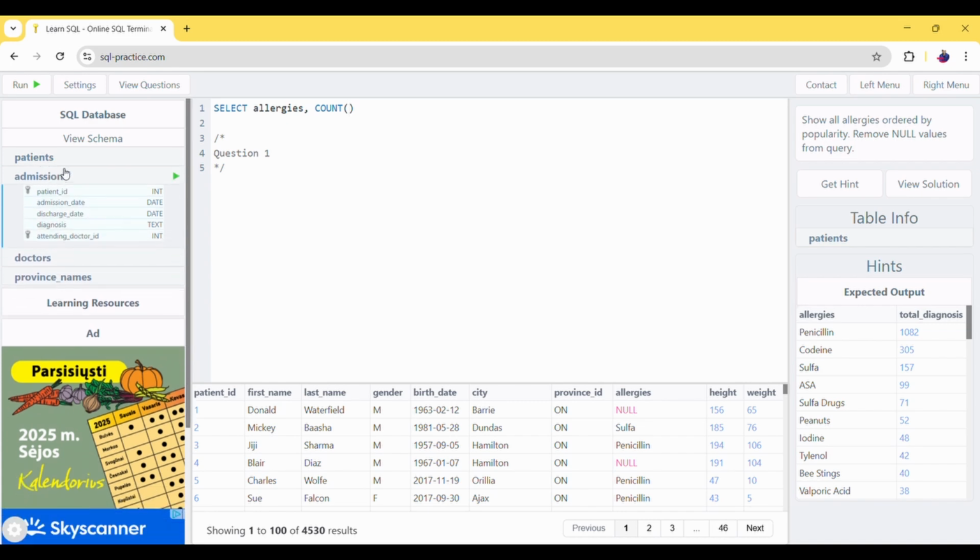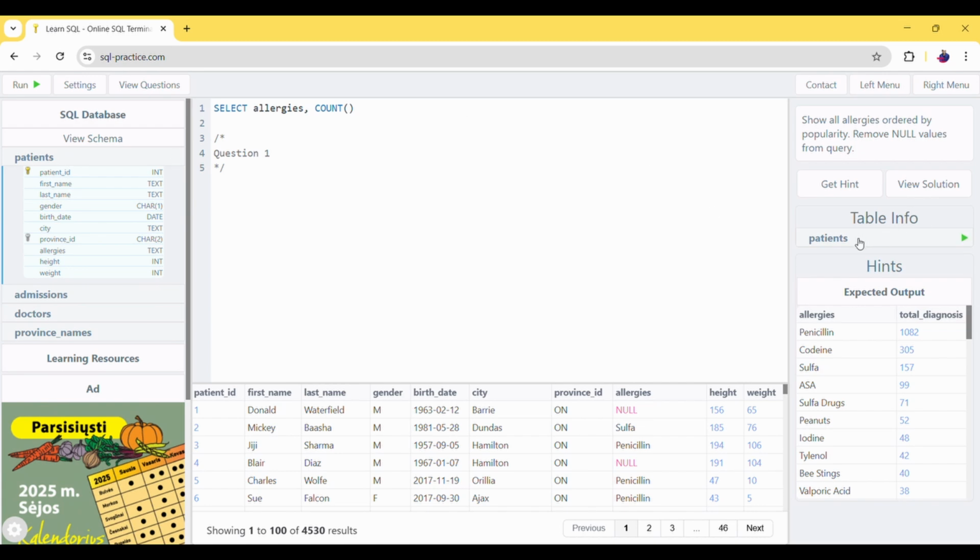Diagnosis is here, but we can see it's only one table that is written here, so we'll have to get values here as well. So count of allergies as total diagnosis